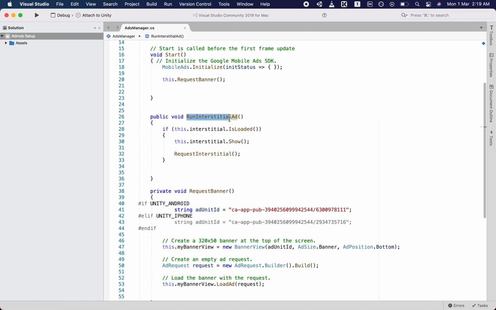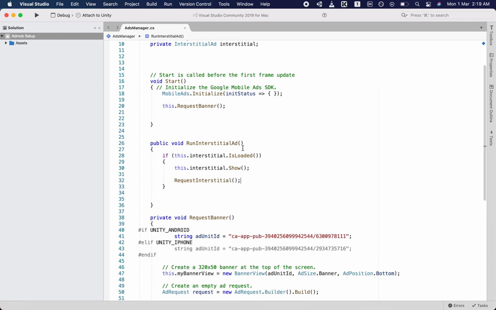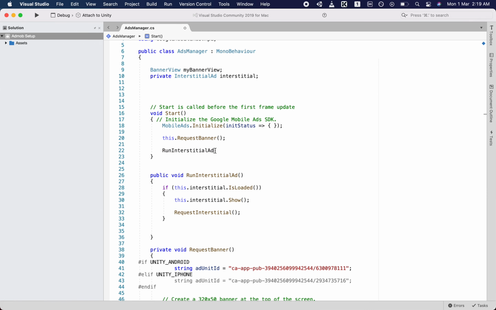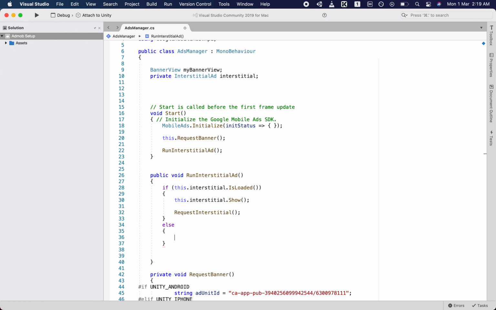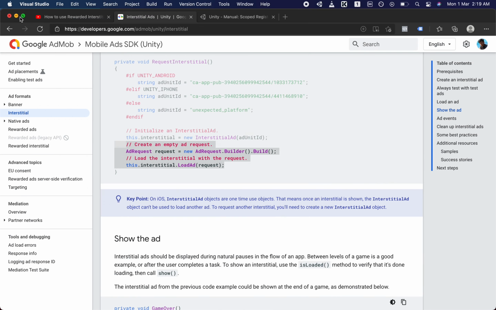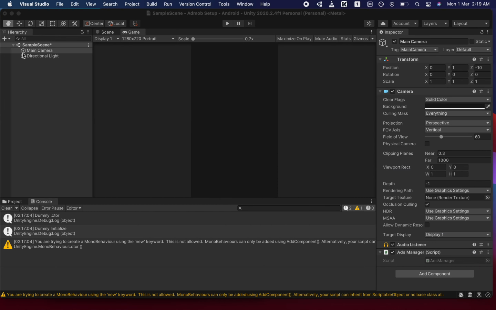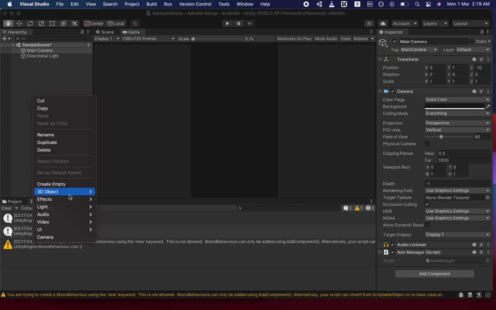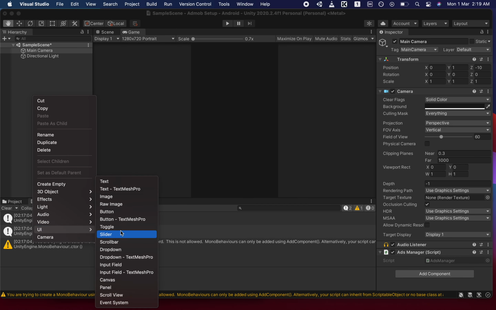Cool. Now if we go back to Unity, what we need to do is create a button which, once the user clicks it, the interstitial ad will load. Or let's run it directly in the start. Now here we'll create one button: right click, UI, Button.